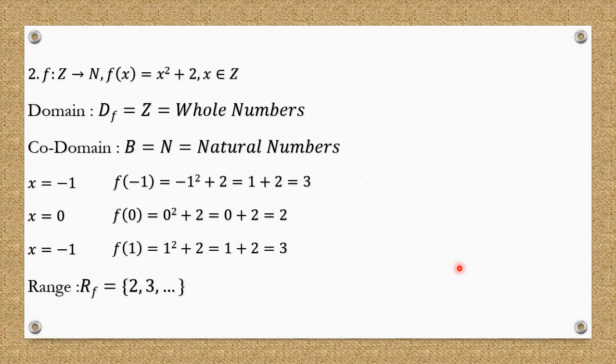So what happens here, because Z is whole numbers including negative and positive values, but our equation is squaring those values. So it doesn't matter whether it's a negative value or positive value, it will be a positive value in the end. Moving on towards the last question of this tutorial.